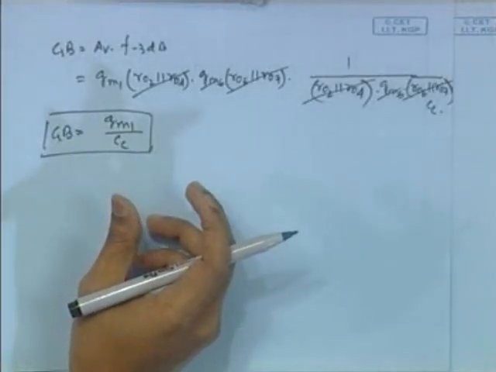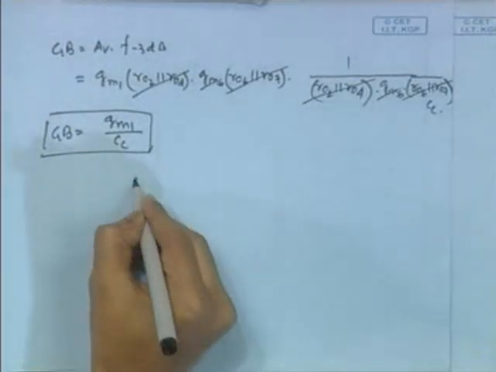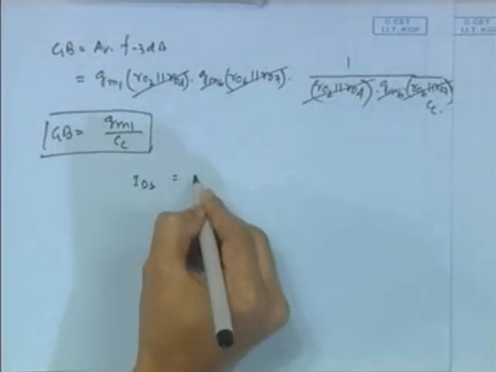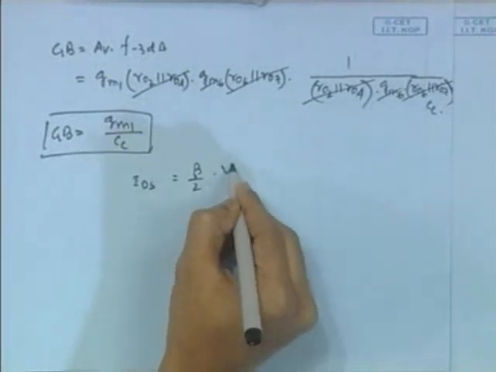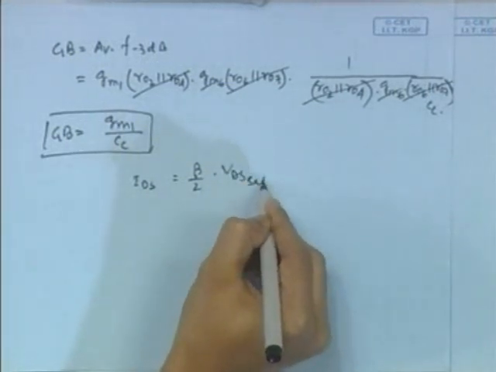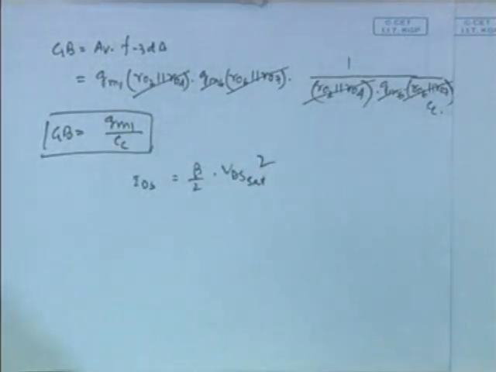Okay. What is the saturation voltage? Saturation voltage you can easily determine from the equation of the saturation current, that is IDS equal to beta by 2 VDS square. What is beta? Beta means basically mu n Cox whole into W by L. Okay, so IDS sat basically beta by 2 into VGS minus VT, that is basically VDS sat. So VDS sat square. So what is VDS sat? Saturation voltage, saturation VDS is basically root over twice IDS divided by beta.